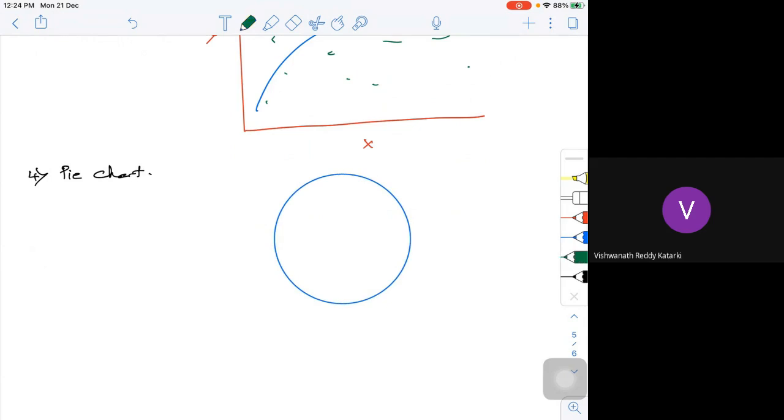In that, I can say this part is 30%, this is 40%, the other is 60%. Or this is 45%, this is 42%, this is 35%, this is 24. If I add up everything, I should get 100%. Such a thing we call a pie chart.